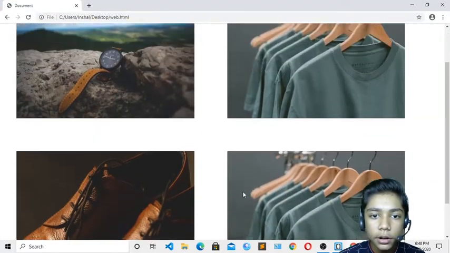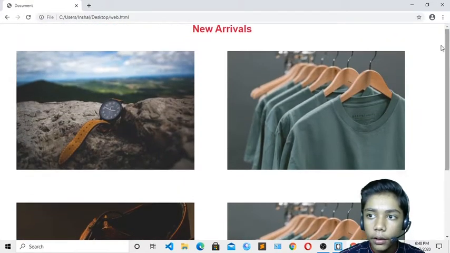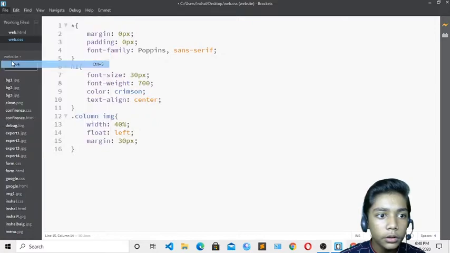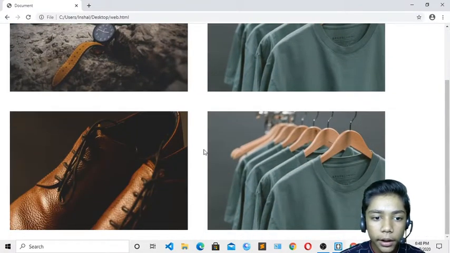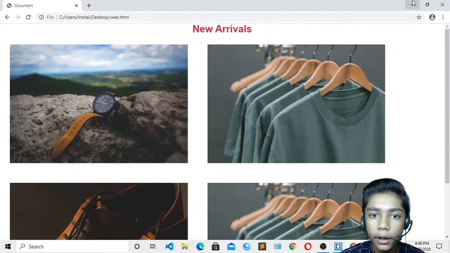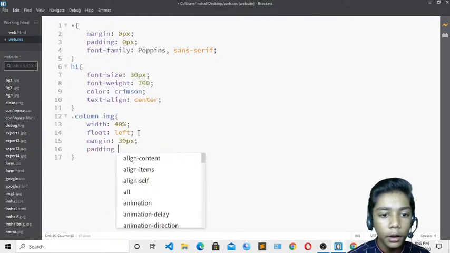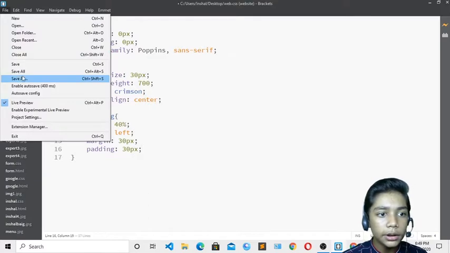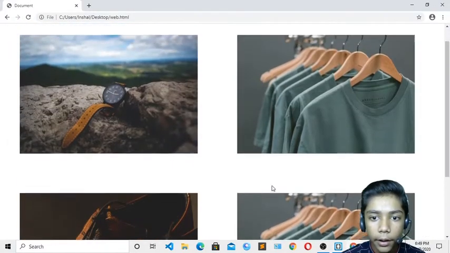Okay, so I have just taken the image. It is not looking cool over here, so I will come over here and give it 30. Okay, so it is 30 over here, and now you can see it is looking like that. I will do one thing over here, the margin and the padding I should also give. So I will give it the padding of 30 pixel, save from here, and now here you can see I also have padding over here.